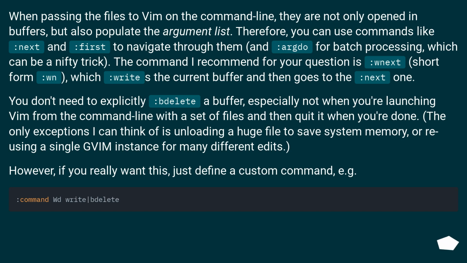However, if you really want this, just define a custom command, for example,